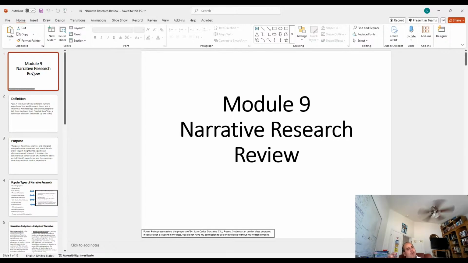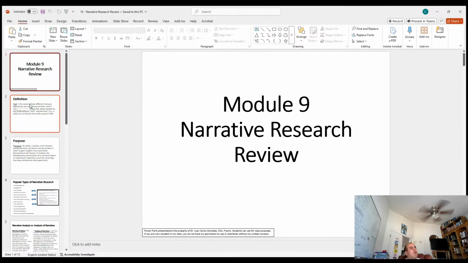Now, as we know, this is another type of qualitative research. If you go back to your notes and previous sessions, we talked about the difference between quantitative and qualitative research. Both are good methods, good systems for data collection and to be able to understand a school or a session or whatever it is that you're studying. But some people do better with qualitative. Some prefer quantitative, and so this is one of the qualitative methods that we're going to be studying here.